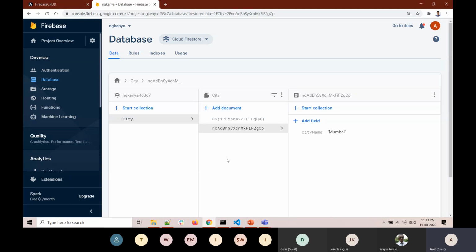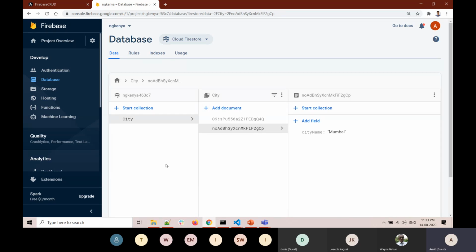Now we are going to have a collection where we store the employee data. Since this is an employee record management system, we will have employee data. But we are not going to create it here manually. We are going to create it from our Angular application. We will write some code which will automatically create our collection also. So this is all about the Cloud Firestore database.